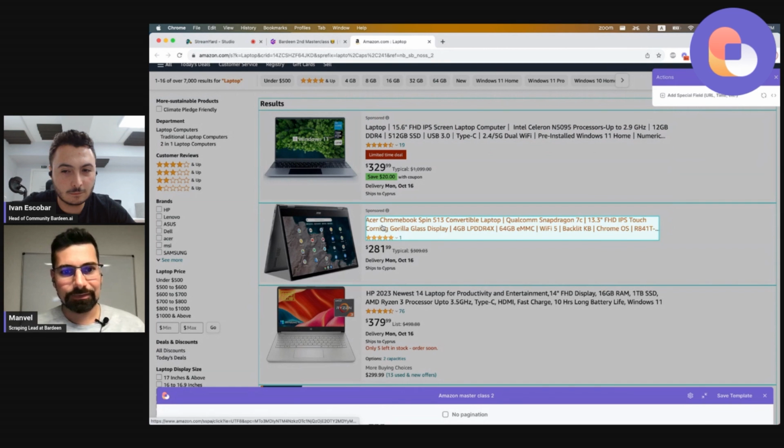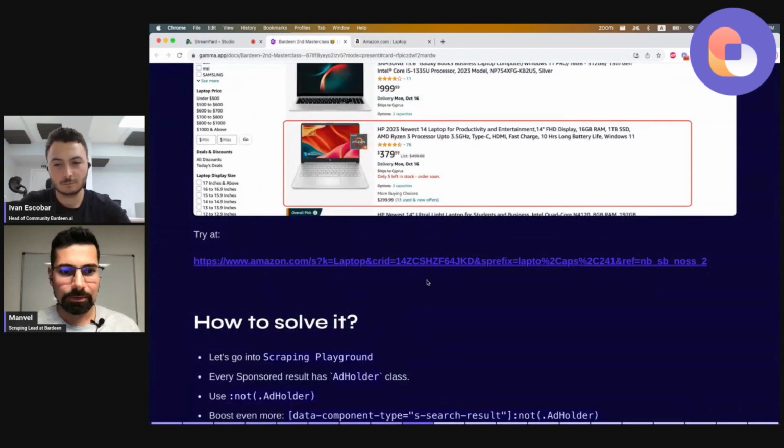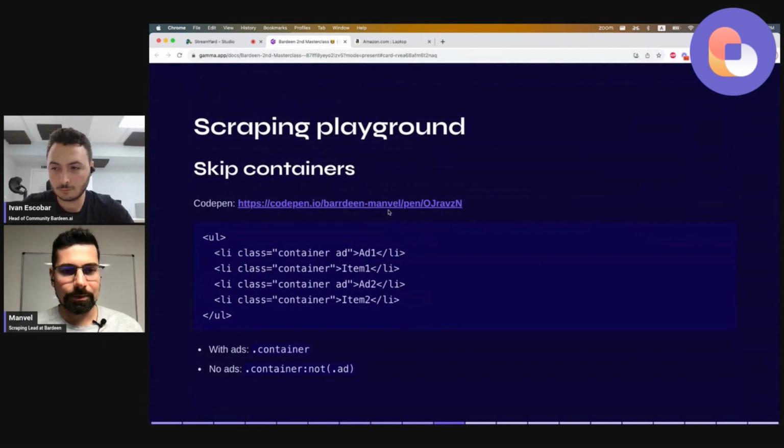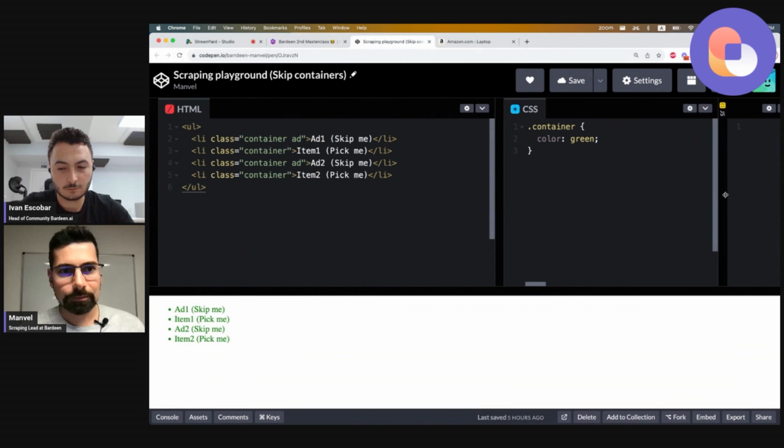To understand the solution, we can again jump into this simplified example. By the way, we have all these simplified examples in the slides, so you can access them and play around with it. So this is what is happening actually. We had multiple elements. UL stands for unordered list in HTML. LI is list, obviously, and classes are specific attributes for the elements for websites to style them, but we will also use them for